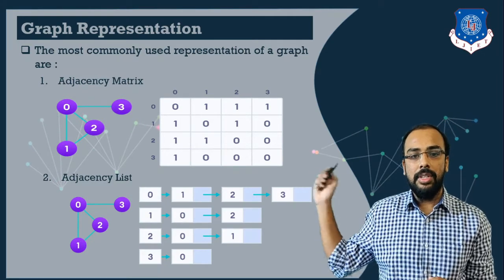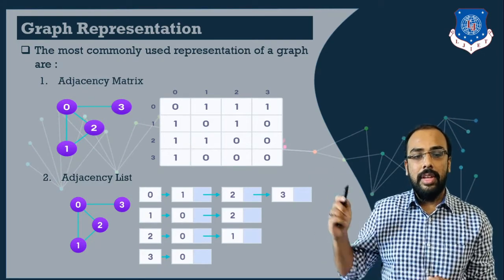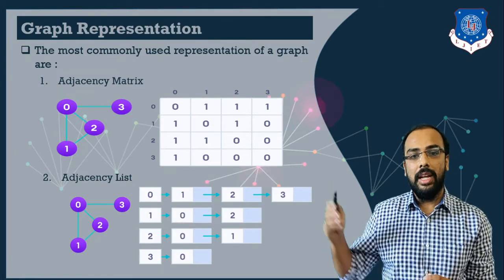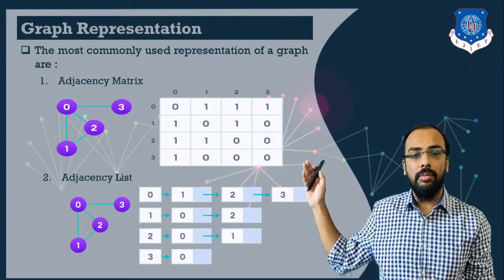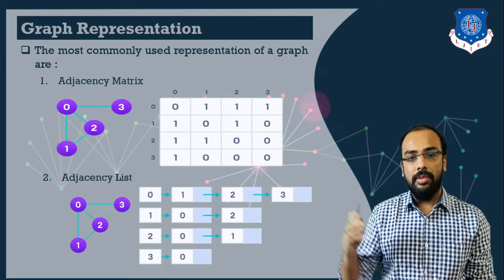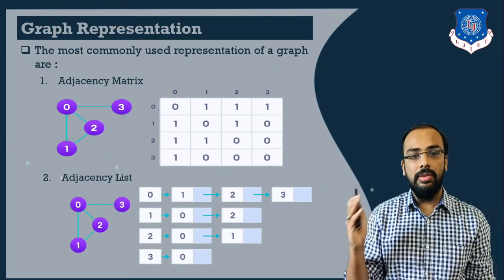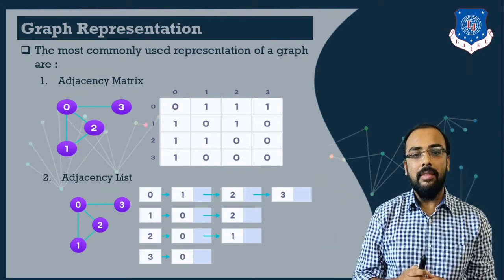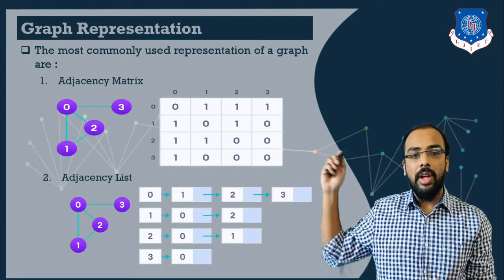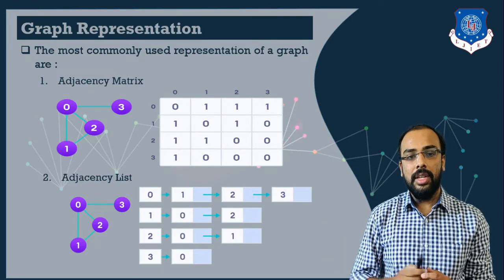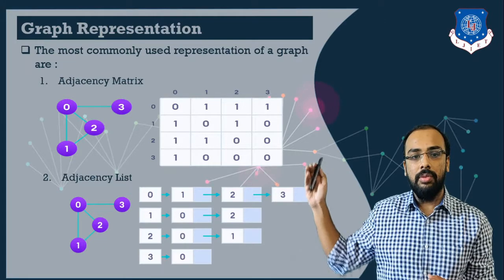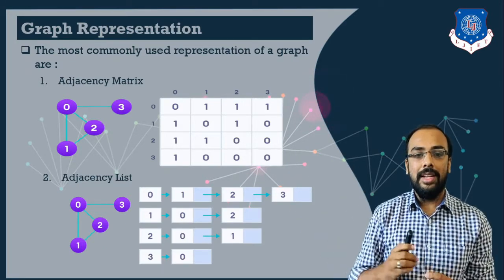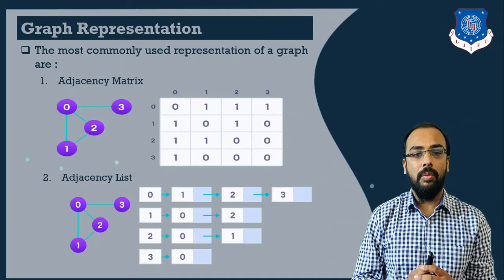Now if you observe this matrix, whenever there is a self edge between the nodes there are zeros. That means there is no edge from node 0 to 0, so we place 0. So 0 0 is 0, 1 1 is 0, 2 2 is 0, 3 3 is 0. Now we will check how many edges go from node 0. You can see from node 0 the edge is going to 1, to 2 and to 3. So at those places we will write 1.